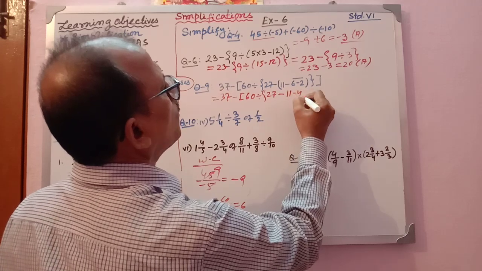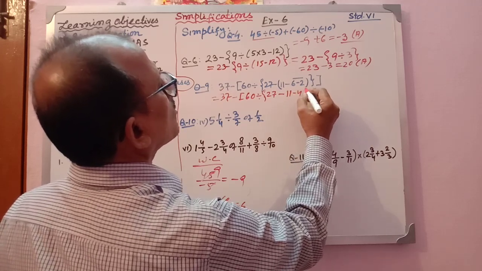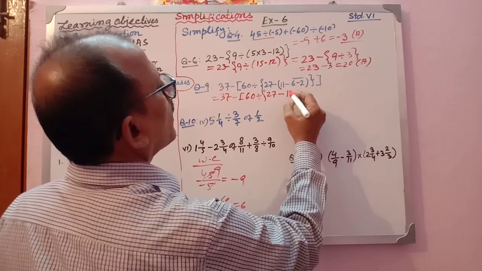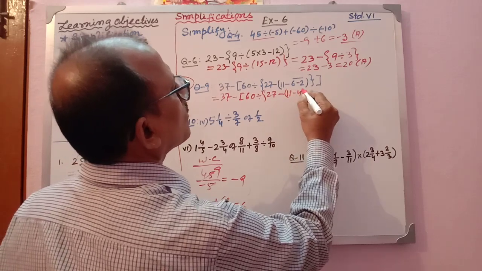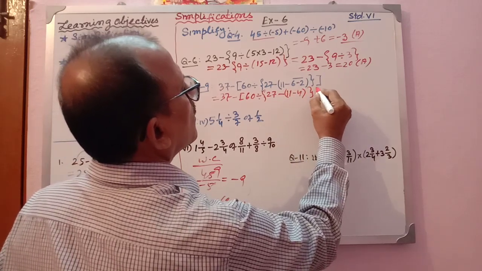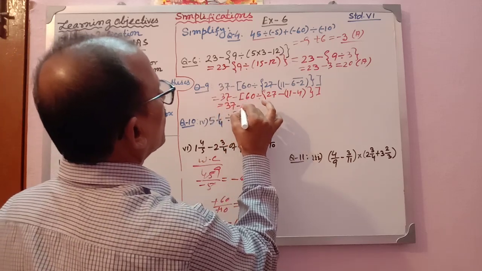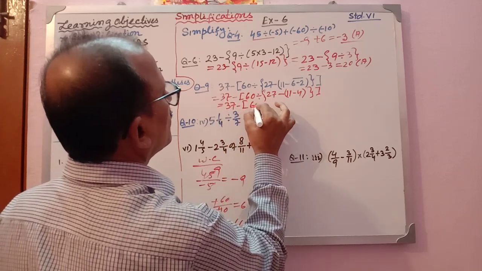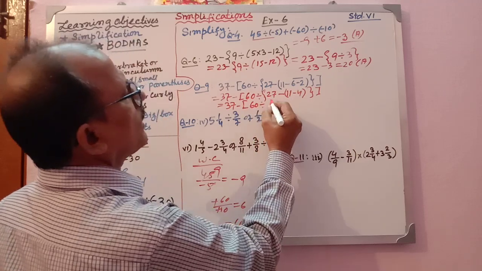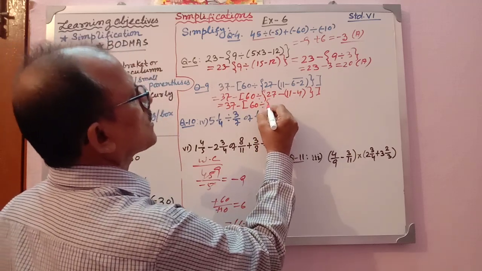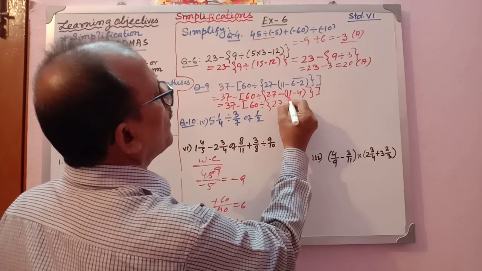11 minus 4. That you can do mentally also. Your bar bracket work is over, but simple bracket work is not over. Write down this. The next step, again you go for simple bracket work now. Before that, don't do anything. Write as it is. You forget to write the same similar line. You just do a different thing. 27. You do the operation.